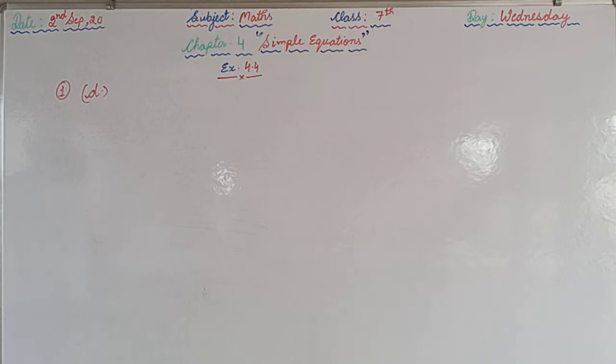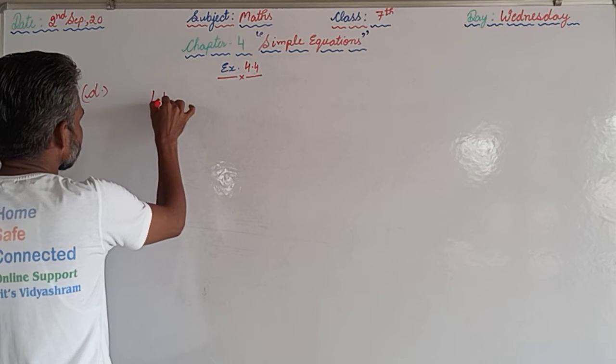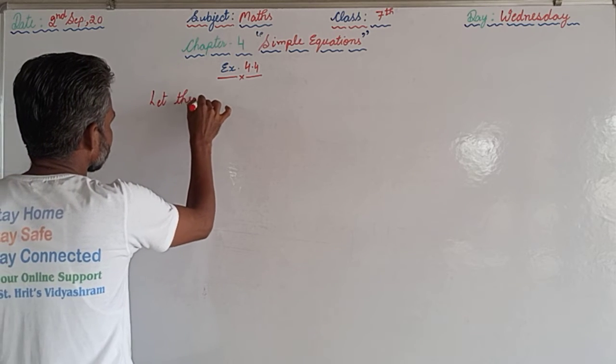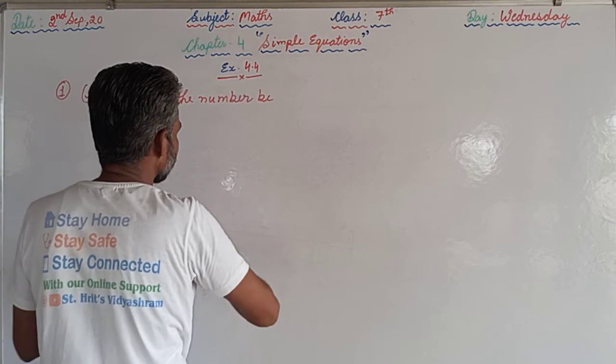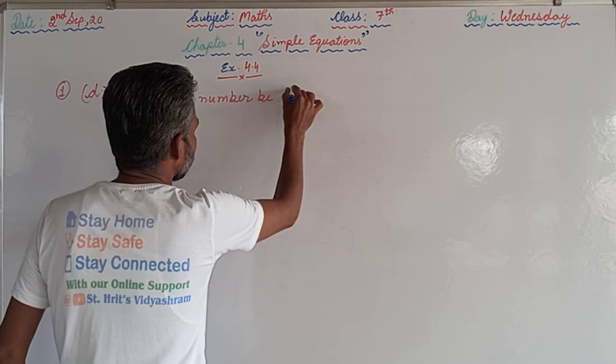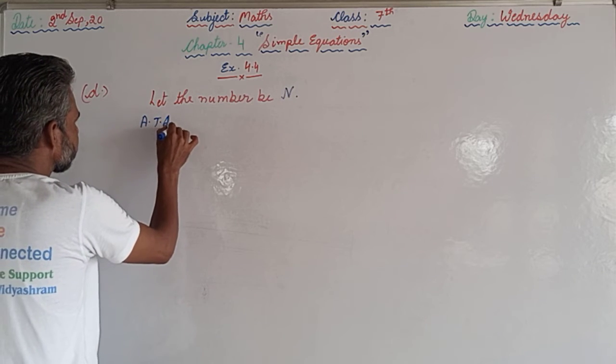When I subtracted 11 from twice a number, the result was 15. So again, let the number be n. Then according to the question,